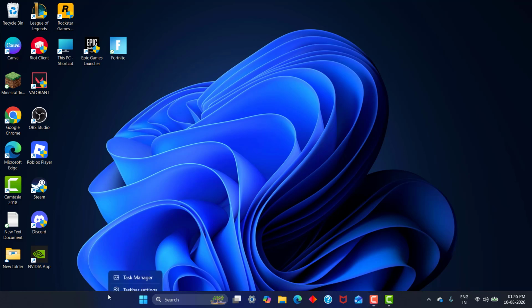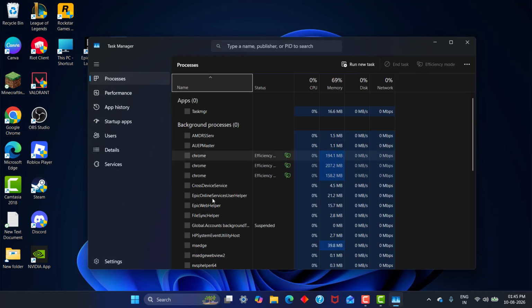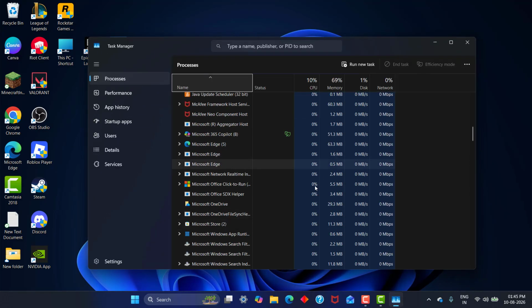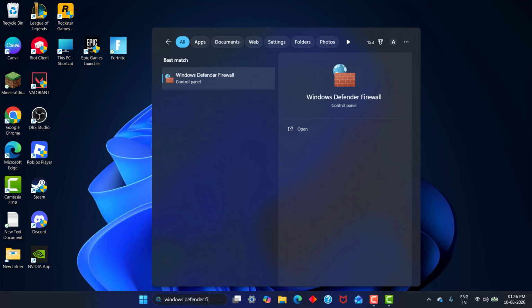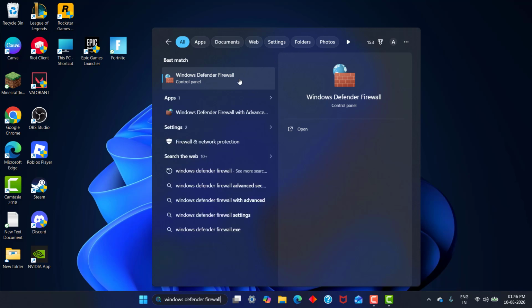First step, restart your device, close Fortnite and Epic Games Launcher, open Task Manager, search for background running apps of Epic Games Launcher and Fortnite, end the task, then move on with next step, search for Windows Defender Firewall, click it,